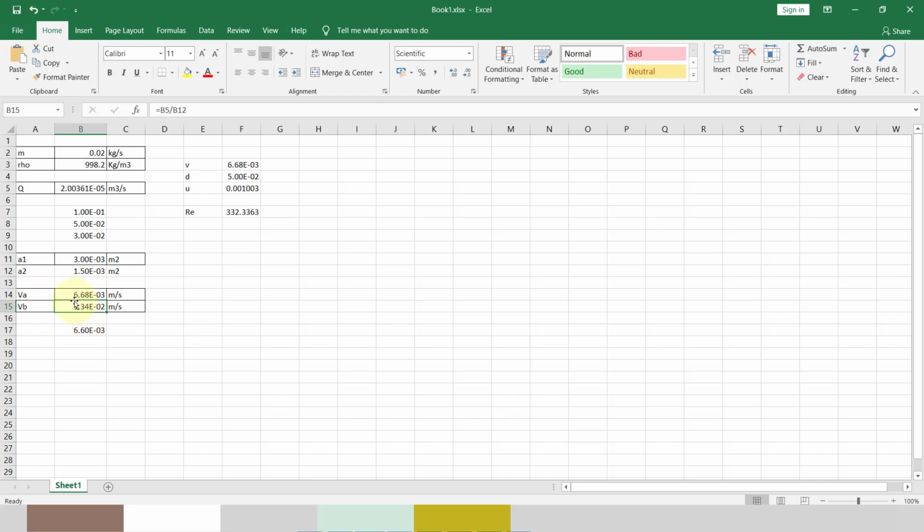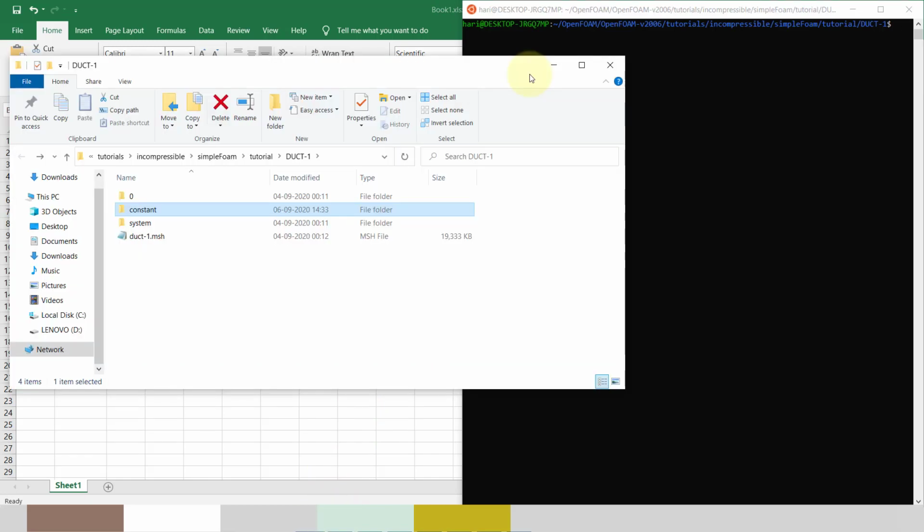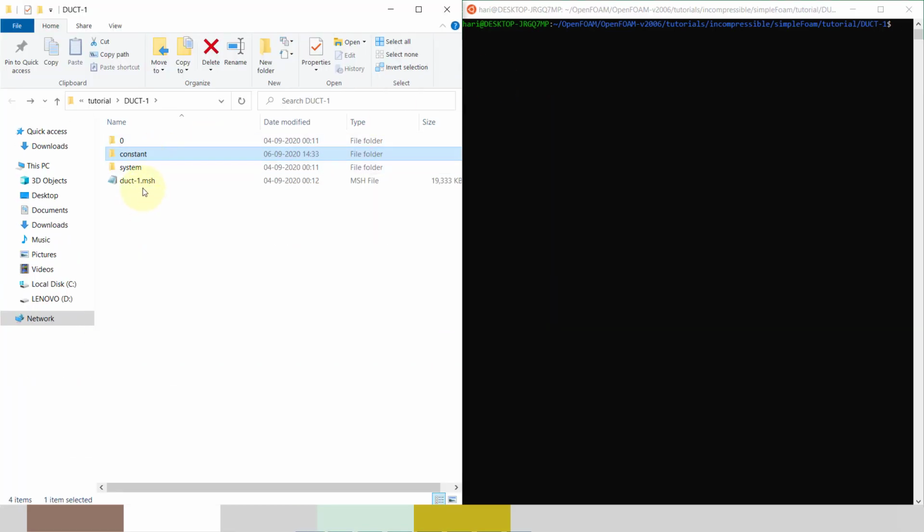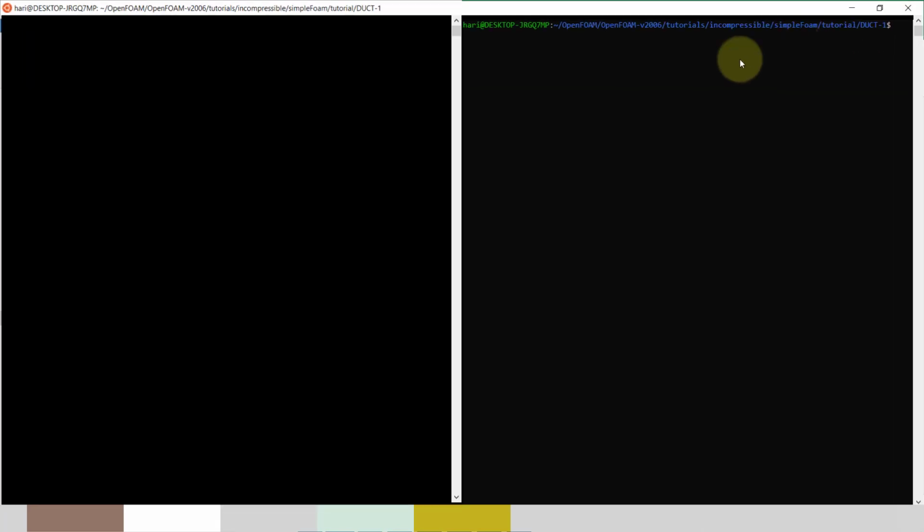Now we will set up this problem in OpenFOAM. I have my mesh file, duct.1.msh. Here is my Ubuntu launcher.